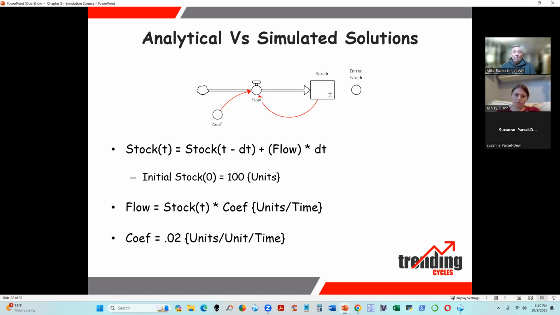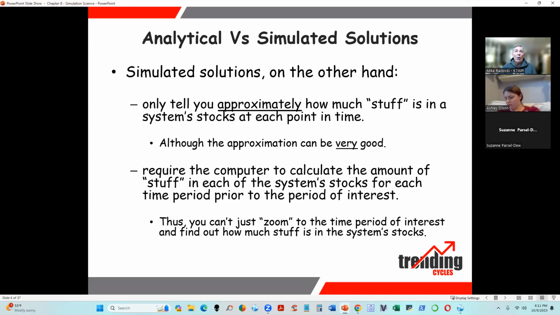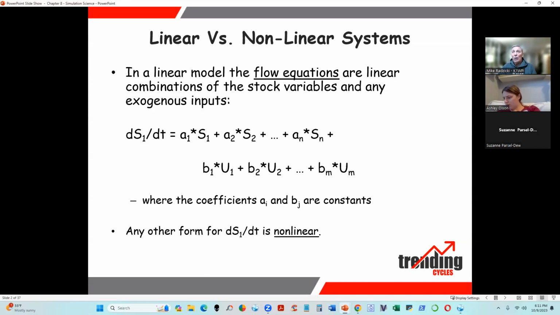All right, so I'm going to zip back here real quick. This whole idea of linear models and why do we care, just real quick to refresh our memory. There's a pattern here. And this is for all the flow equations in your model. If all your flow equations, so the ordinary differential equations are the flow equations in a system dynamics model, if you want to do math talk, and if all of the flow equations follow this pattern that is on your screen right now, the model is